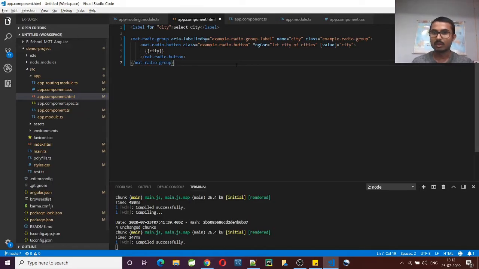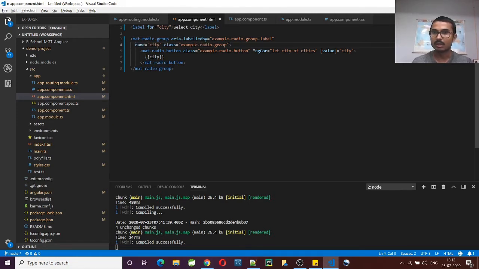How to handle this radio button: suppose I want to get the name which I have selected in these radio buttons. What I'll do is, in the mat-radio-group section, I'll add two-way binding. Let me format it like this.